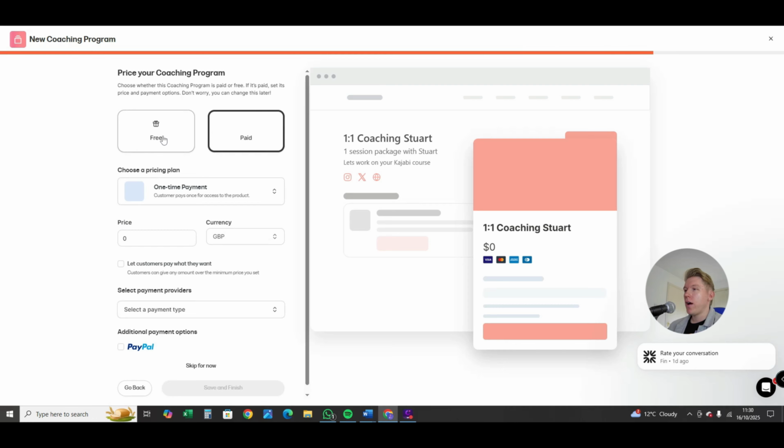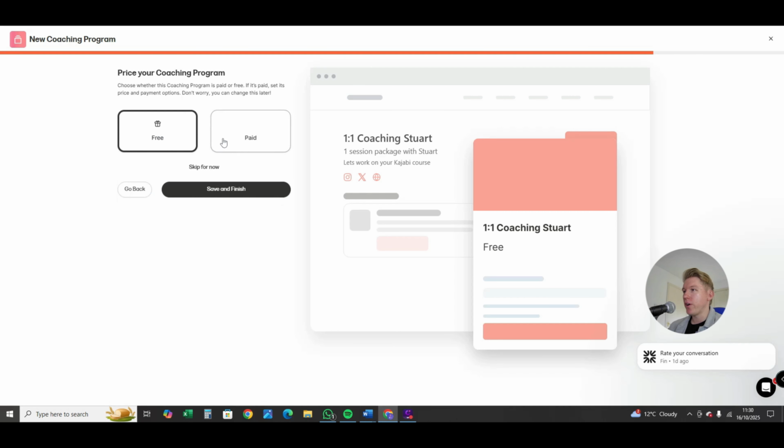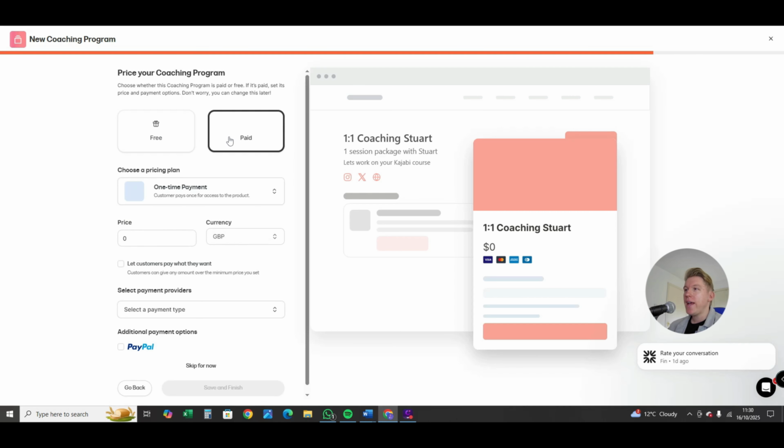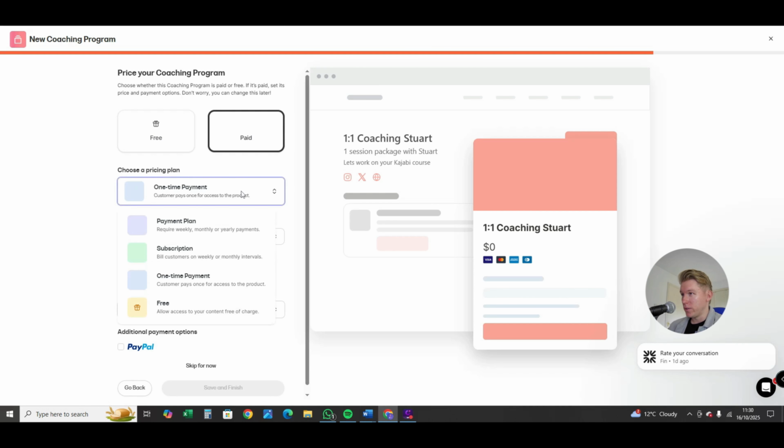And I've connected my payments now. So I can choose whether I want to make this free, which I don't think you do, and then a paid. And we can choose a payment plan. So I'm going to choose to do a one-time payment, but you can also make it a subscription if it's part of a subscription product, or a payment plan if you want to do like a package where you're doing 6 coaching sessions, for example. You might want to split the payment up for people. But I'm going to go one-time payment,